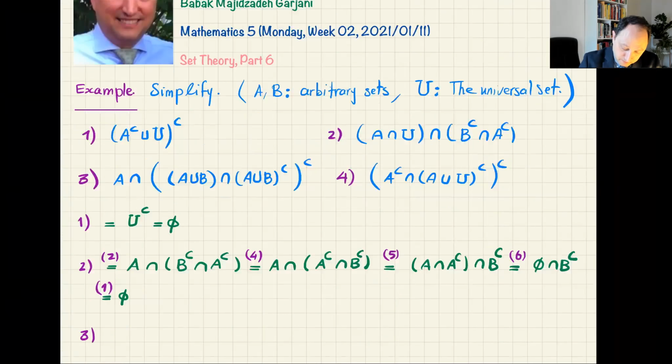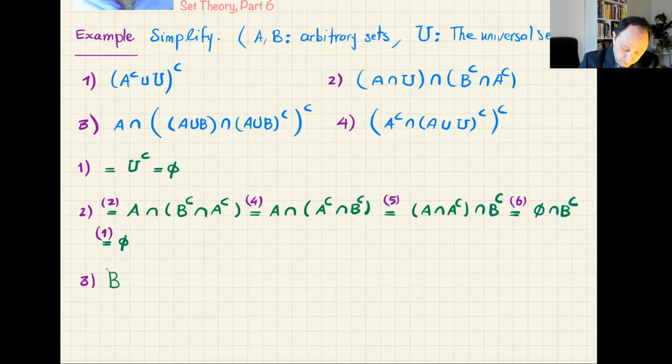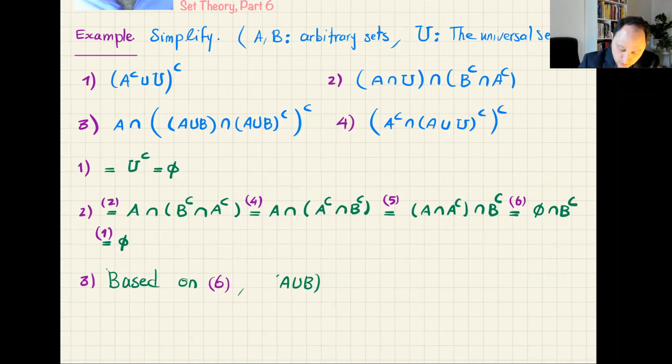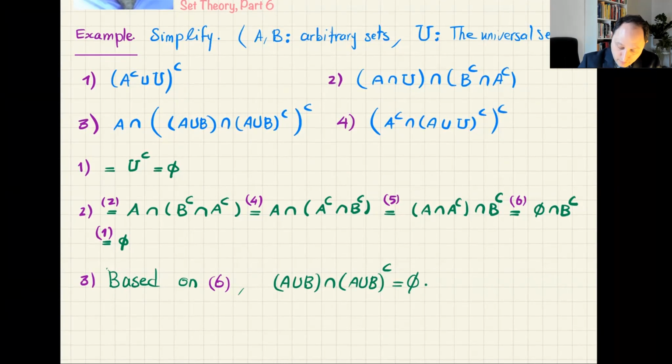So based on number 6, what we have is this: A union B intersection with A union B complement is the empty set. Therefore, the expression is equal to